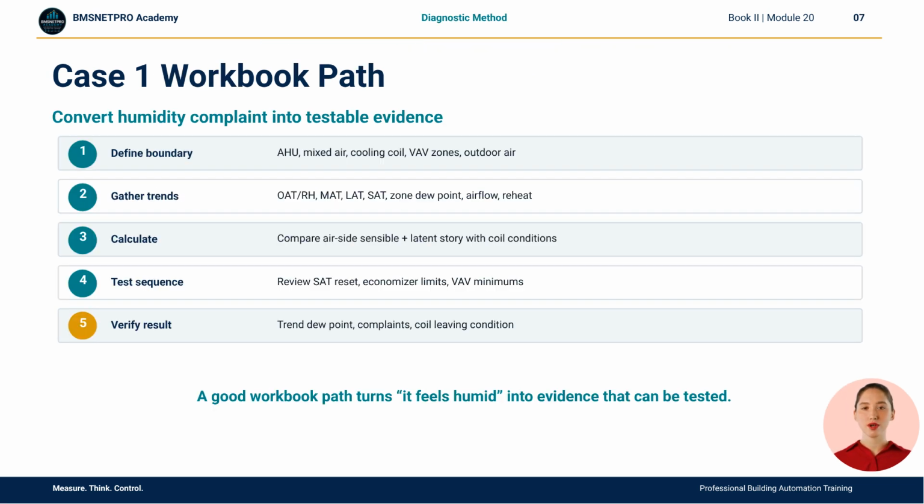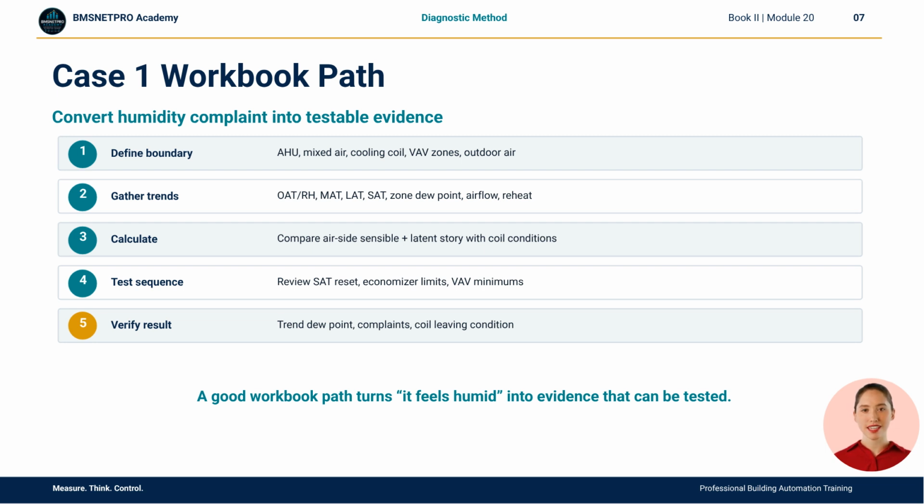This slide shows the workbook path for the humidity case. First, define the boundary: the air handler, mixed air section, cooling coil, VAV zones, outdoor air, and any reheat path. Second, gather trends. We need outdoor air temperature and humidity, mixed air, leaving air, supply air, zone dew point, airflow, and reheat status. Third, calculate the air